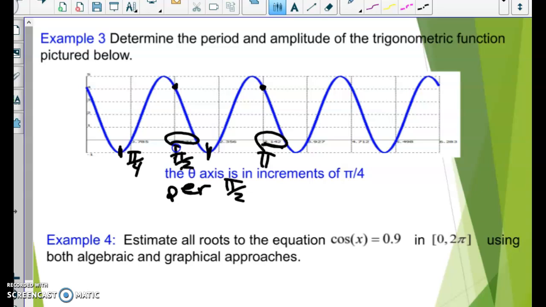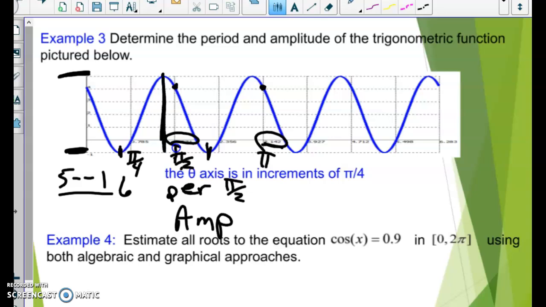And my amplitude, let's find the amplitude of this thing. Well, to find the amplitude, I'm going to take the highest number and the lowest number. I'm going to take 5 minus negative 1, and I know that I get 6 is the most difference. So if I divide that